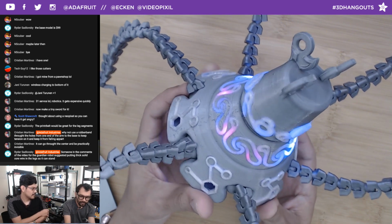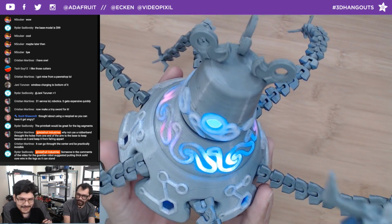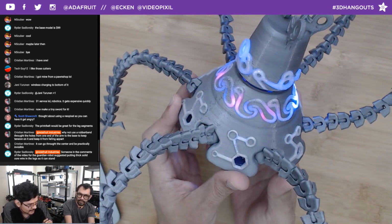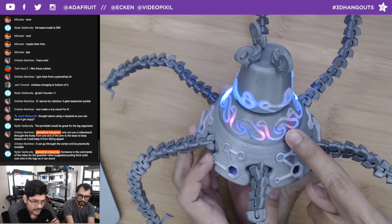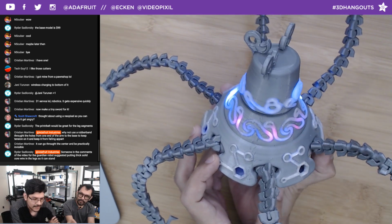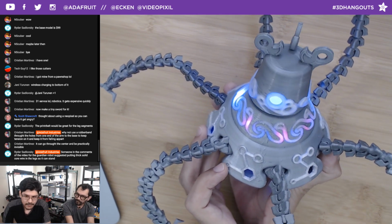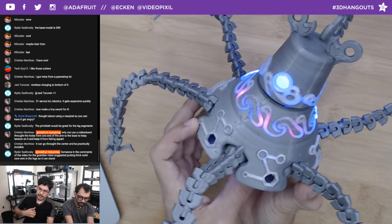It was like, okay, cool, and Steve's like, yeah, I'll work with you on it. We're actually going to send Steve a fully assembled one. Yeah, he definitely deserved it, because we did have a back and forth on creating the details. Because in order to make this diffuse correctly, you have to cut the details all the way through the model. Yeah. So what we'll do is, I'll load up Cura and show you guys how